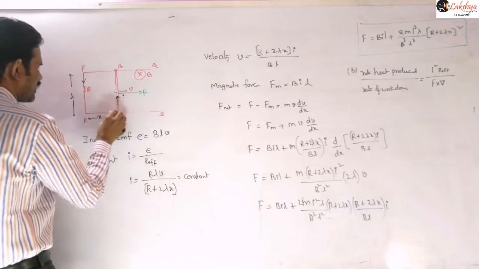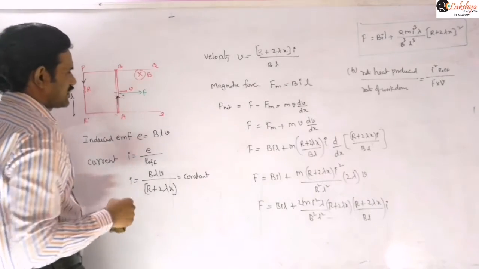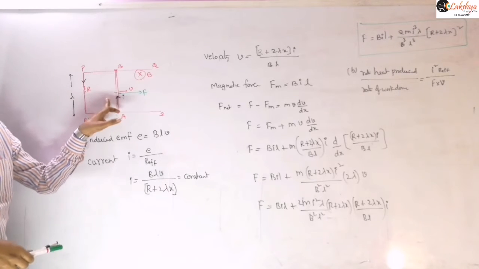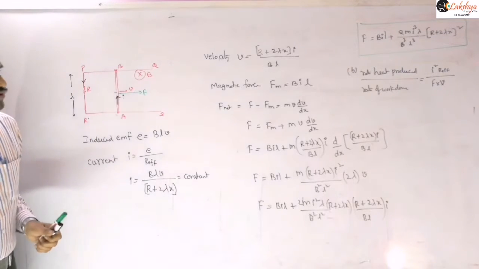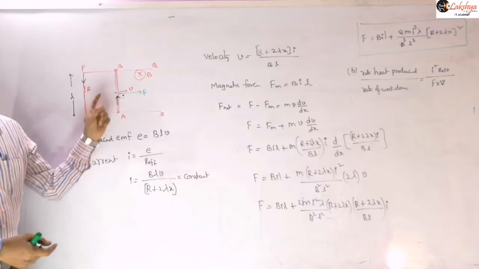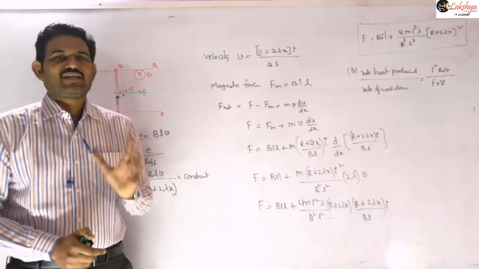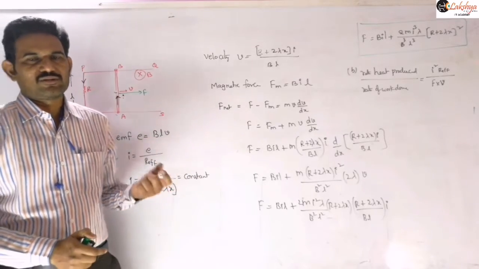So now again let us neglect this resistance. Sometimes another important thing they will ask here is, this wire may possess some resistance. Then they will ask the potential difference between A and B. Remember, the words potential difference and EMF are both different. Induced EMF, if they ask, then you need to write BLV.